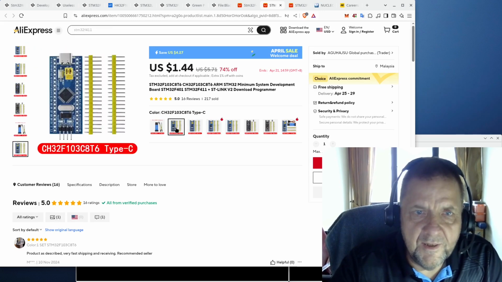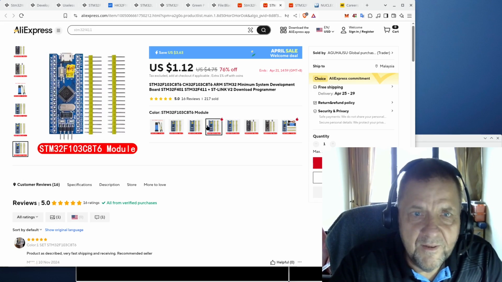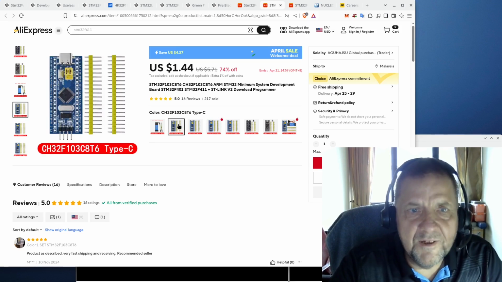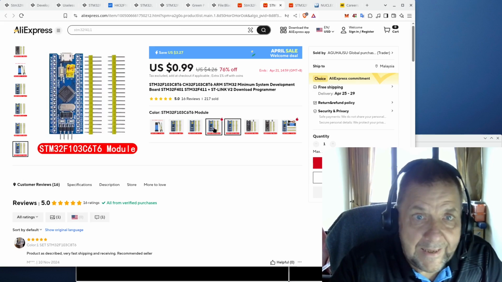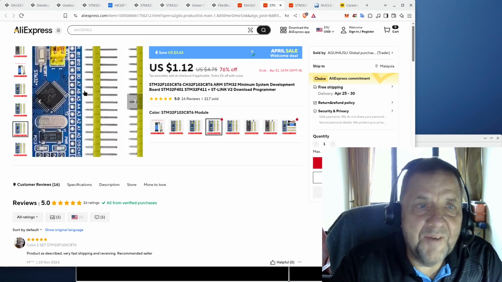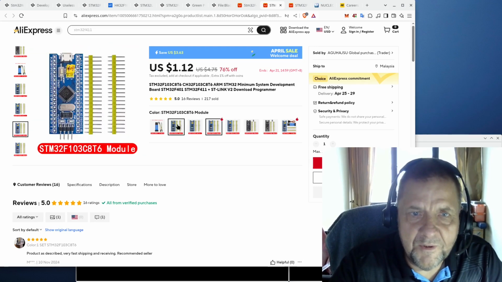And then you can see a C8, which is the 64 kilobyte version, and they don't even lie, which is a good thing. Do they have, here. So they have an STM32 for 1.12. They're actually more expensive with the fake chip. That's interesting. It's probably a lie, I would guess. I'm quite sure this is not an STM chip, but I'm also quite sure you can see these sell for 1.45